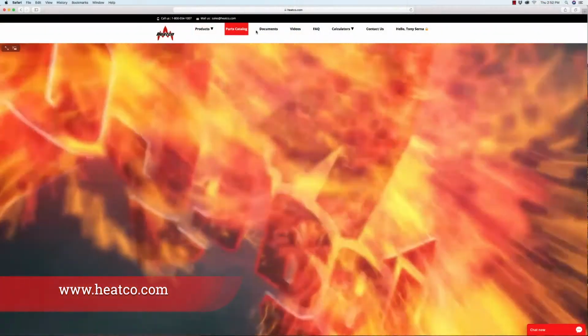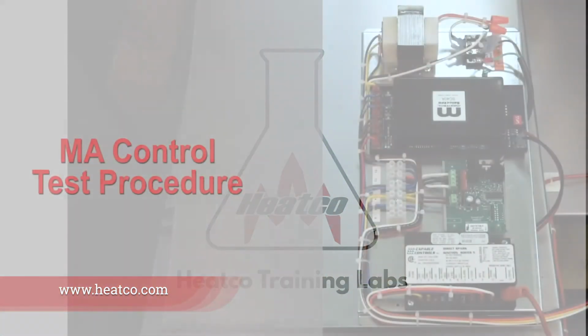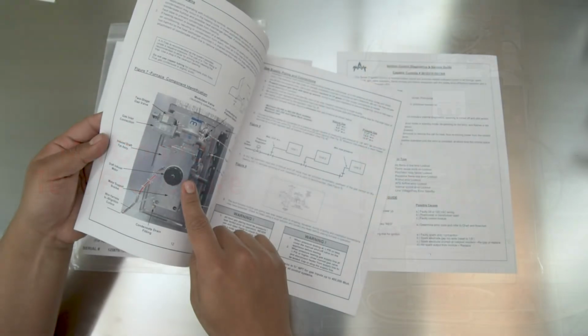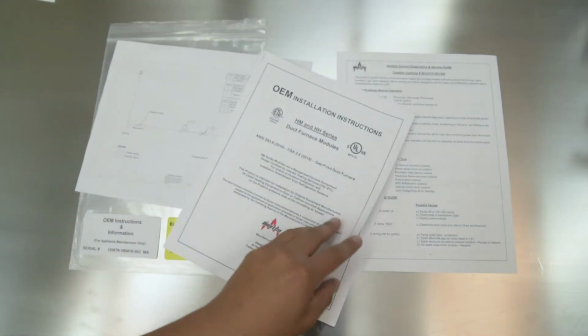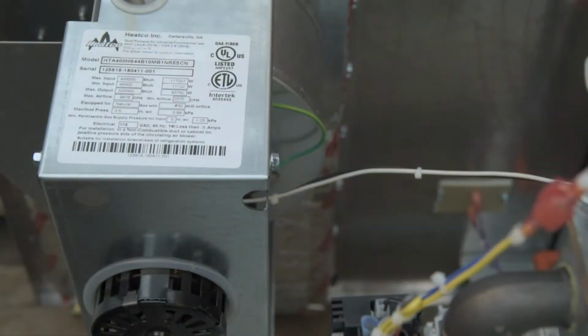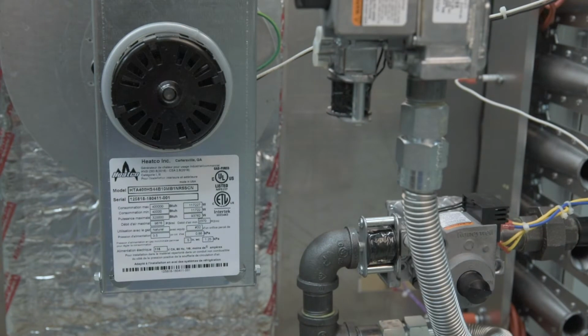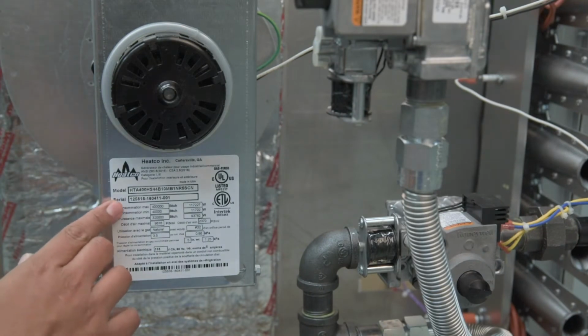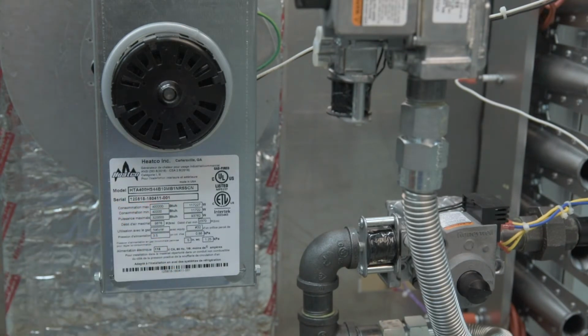Visit the Heatco website to find the corresponding heater control test fire setup video. Furnace component identification figures can be found in the Heatco instruction manuals that are supplied with each furnace. The rating sticker is generally found on the fan support bracket on most furnaces. If questions arise in the field, providing the serial number will give Heatco all the information that we need about